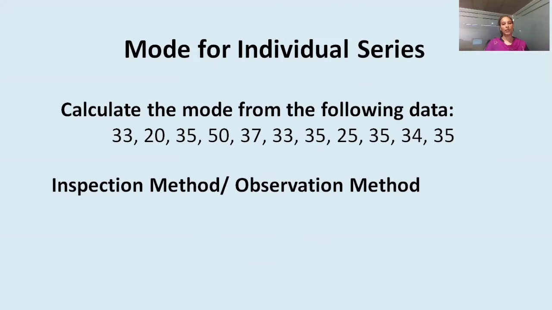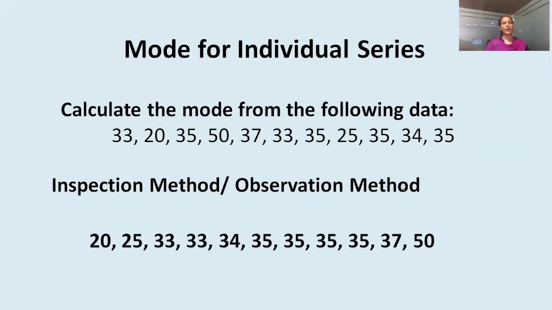That is, we need to only look at the series and on the basis of the highest occurring element, we can say that this is the mode for the series. So suppose this is the series, I can arrange it into ascending order for the sake of simplification. Although it is not compulsory to arrange the series into ascending or descending order, I am doing this because it will help us to easily identify the mode value. So here we can arrange the series in ascending order, and this way we can see that 35 is the most repeated term. That is, 35 is the most repetitive term.